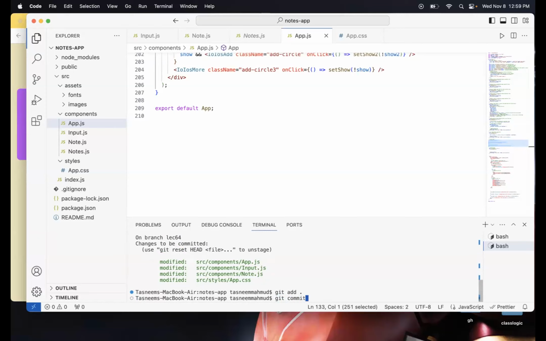Commit message. So what did I add? I added: search function added. Title and author added.